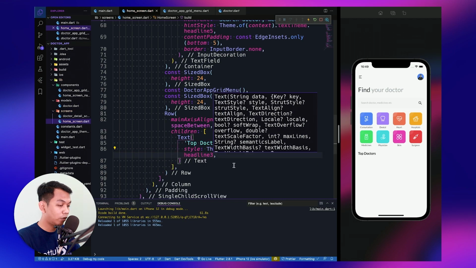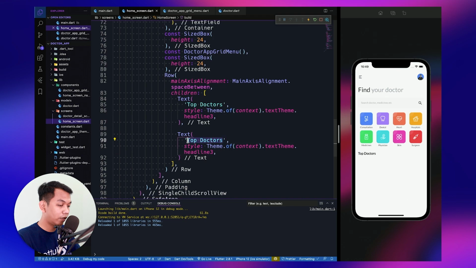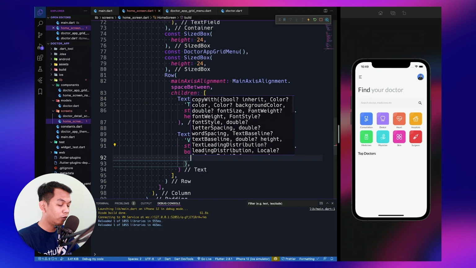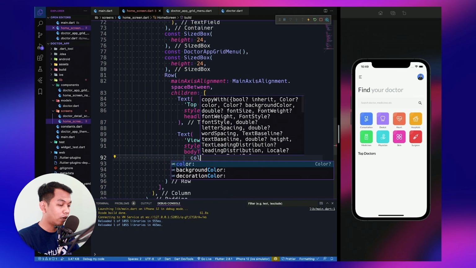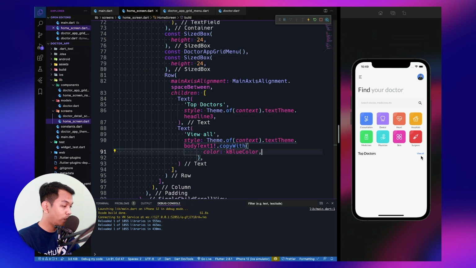And now we see top doctors, and we need to copy this, paste here and change to view all. And for this, we say body text 1, but we need to change the color using copy with. For the color, we use blue color, and we need to add this. And now we see view all.